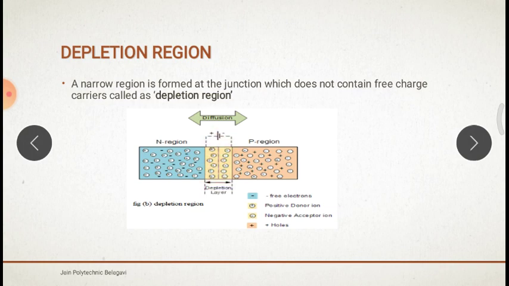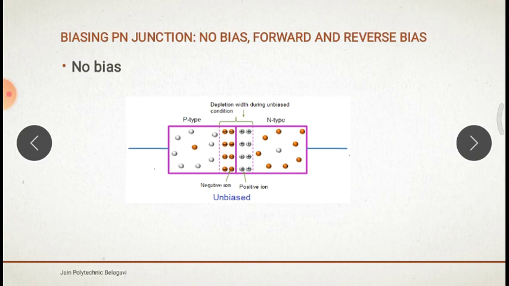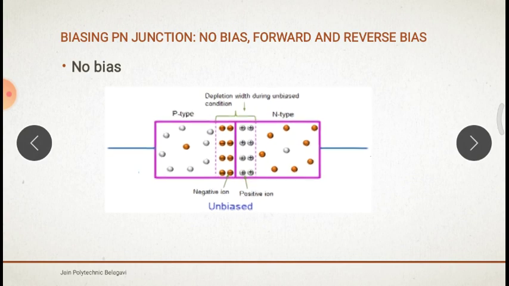So now how we can utilize this to become a diode, that is conducting. How we can make it conducting, that we'll see now. So first, this PN junction, what is biasing? Biasing is nothing but giving a DC voltage to any electronic device. So if it is no bias condition, then what will happen? You are not applying any bias condition, then no voltage is applied, then no current will be flowing, does not flow any current in the diode. So this condition is the no bias condition.